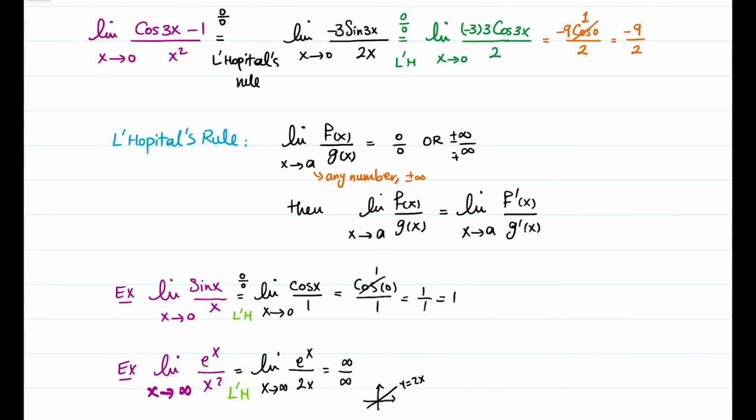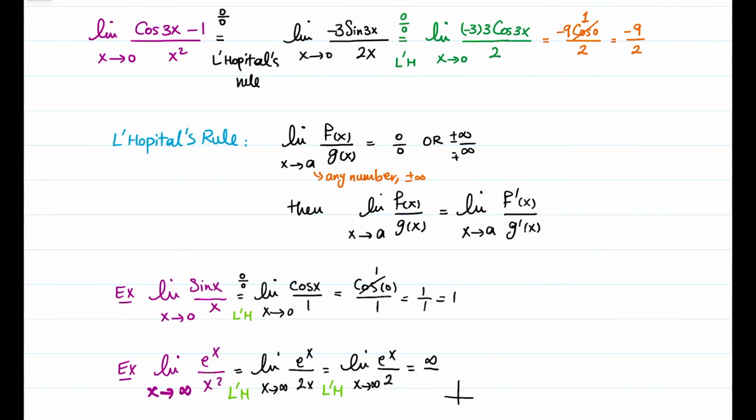So I get infinity over infinity. Therefore, it's indeterminate, one of the cases of L'Hopital's rule. So I need to use L'Hopital's rule one more time. Then I get the limit, derivative of the numerator e to the x, derivative of the denominator is just 2 as x goes to infinity. Now evaluate it one more time. The limit of e to the x is infinity, and the limit of 2 as x goes to infinity,